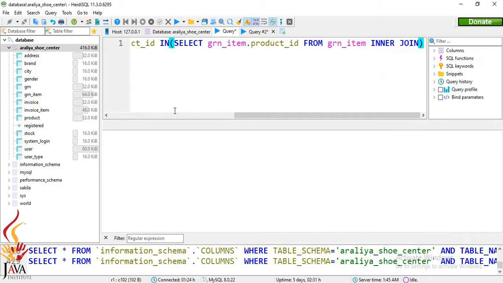I will use inner join to join the stock table where GRN item dot product ID